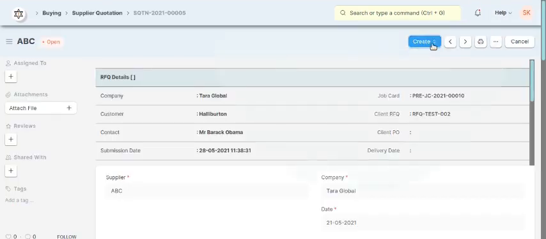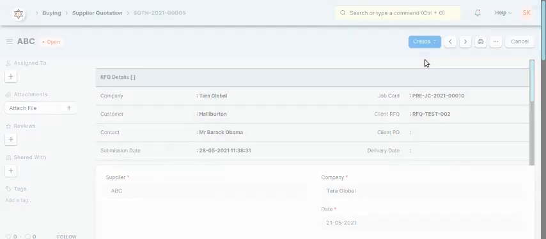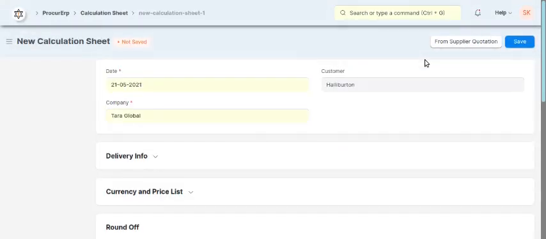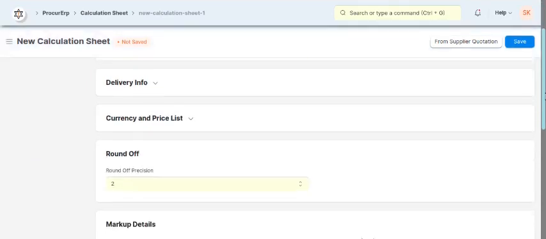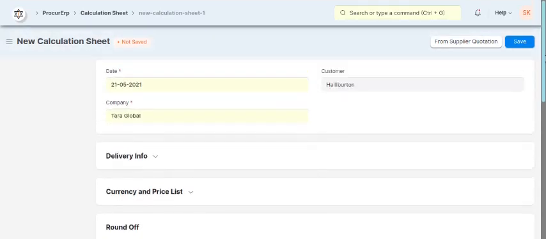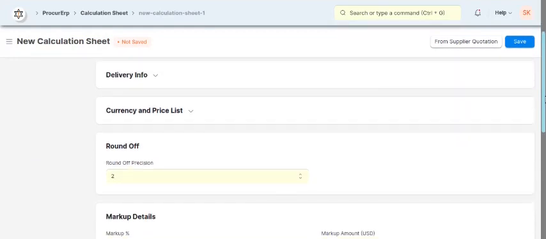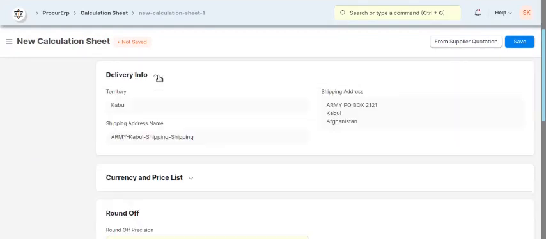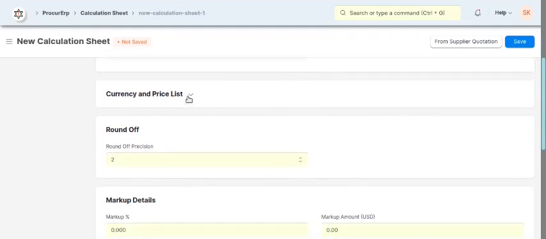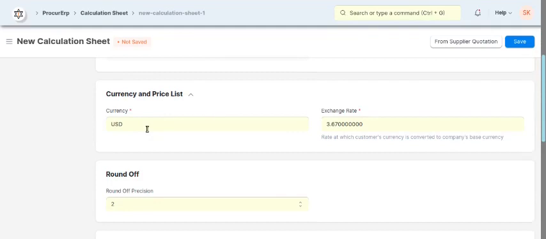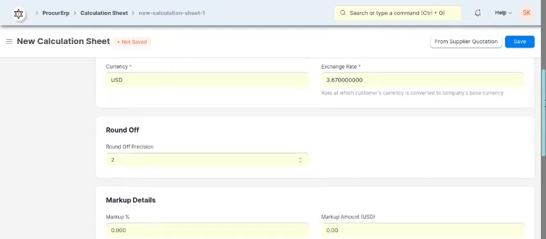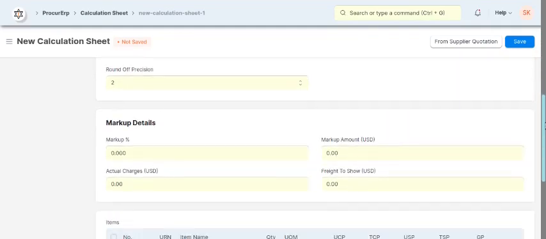Go to the create option, and then select the calculation sheet. Here it will pull all the information from the RFQ. This is the delivery information. This is the currency and price list. This is the currency of client. This is the rounding off.